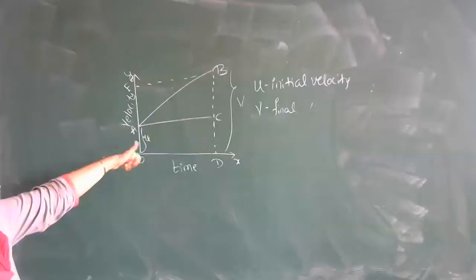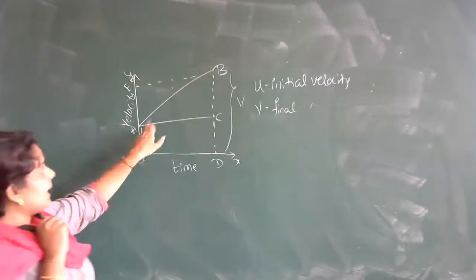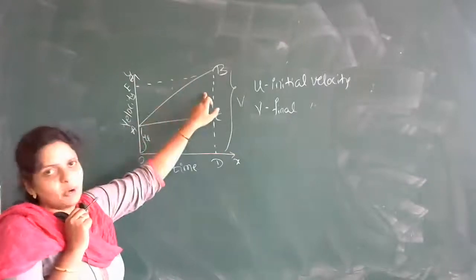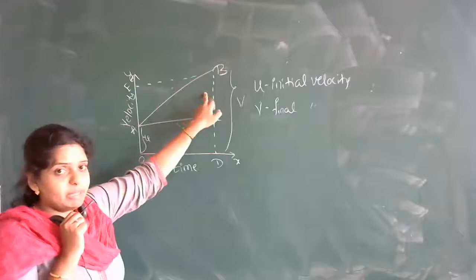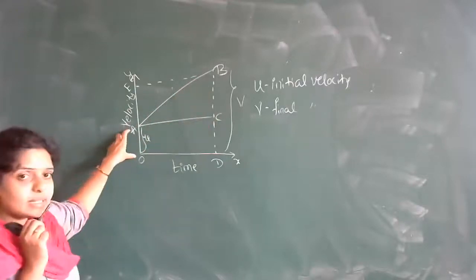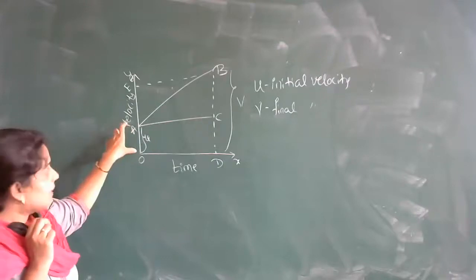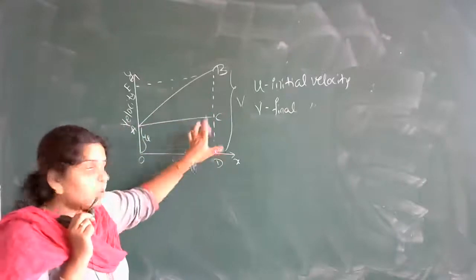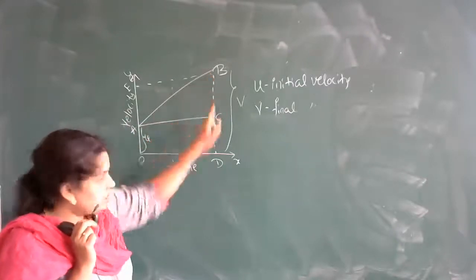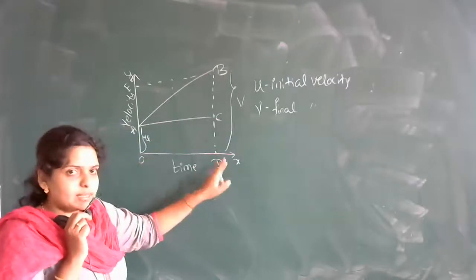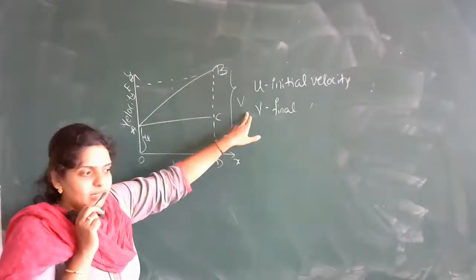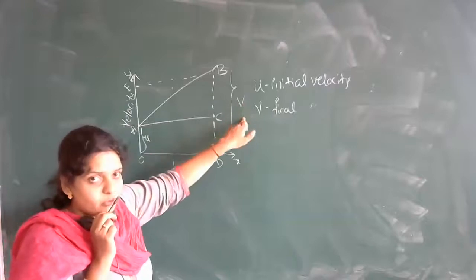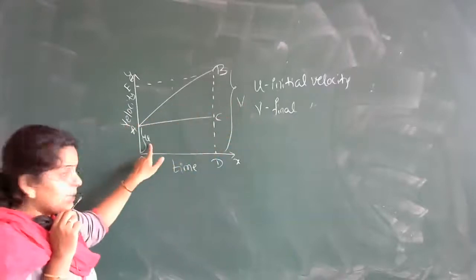Here you can consider 2 points on the graph, that is A and B. After considering points A and B, this much I will consider as the initial velocity u, that is the OA distance, I will name it u. Now this BD distance, what is this BD? This is the final point, and the initial point is on the same axis. So this becomes the final velocity. So BD is labeled v, and OA is labeled u.